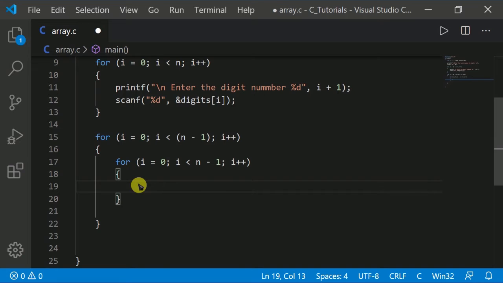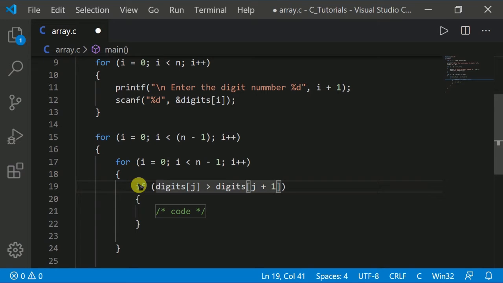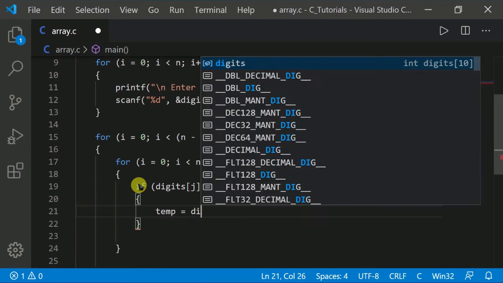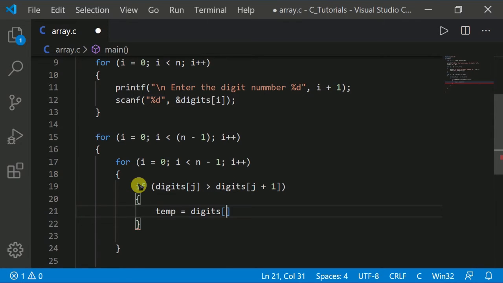After that put the condition: if digits of j is greater than digits of j plus 1, then this method will be followed. Temp equals digits of j.